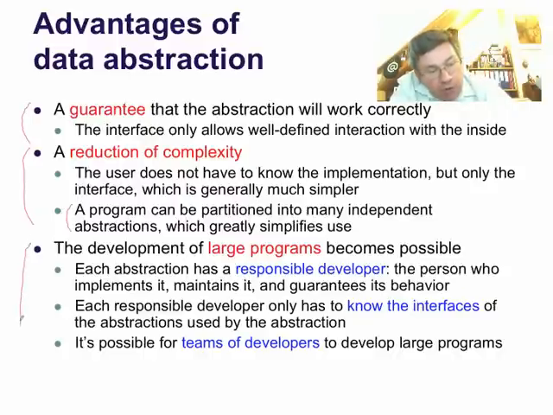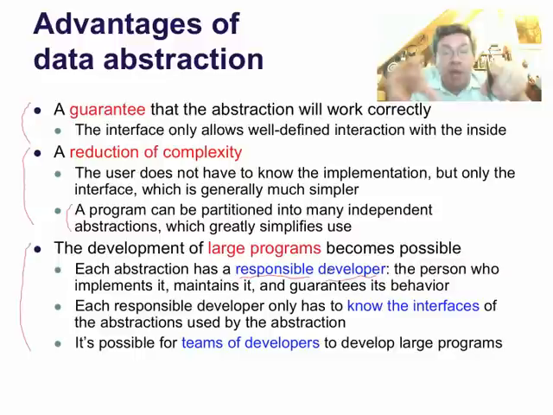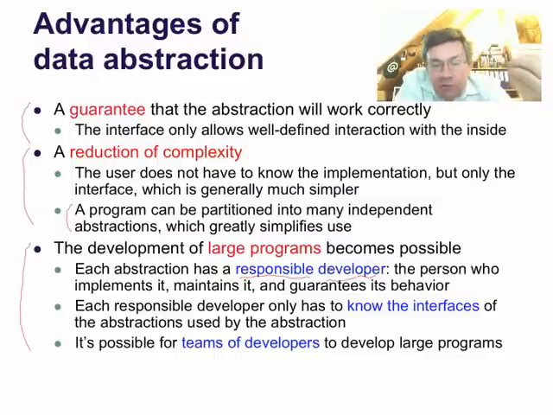And a final point, which is partly a consequence of the previous one, is that the development of large programs becomes possible. Programs that are too large to fit into the head of one person. Because each abstraction has one person who is the responsible developer of that abstraction. That person only has to know that abstraction and the interfaces it connects to. Okay? That person will implement, maintain, guarantee the behavior, and connect only to the abstractions that are used by that